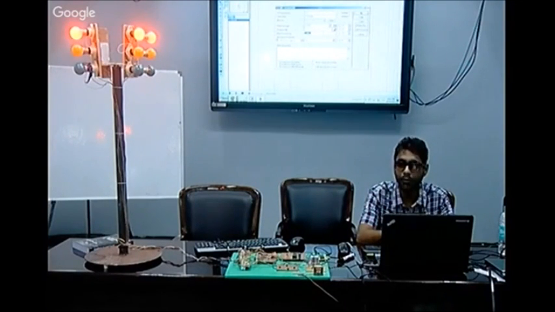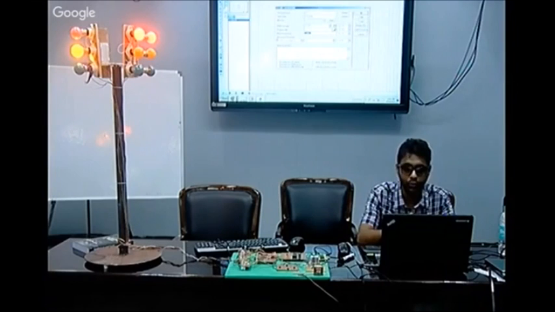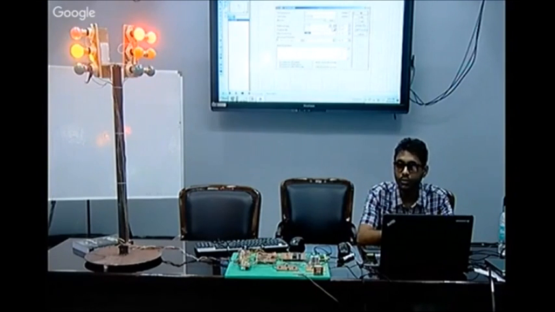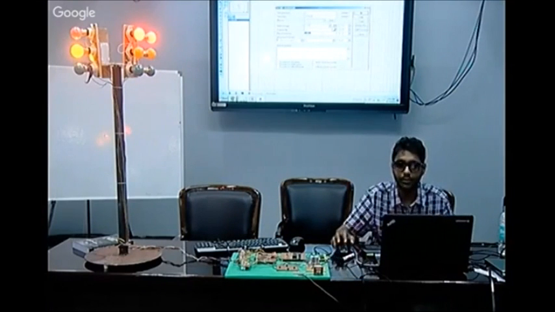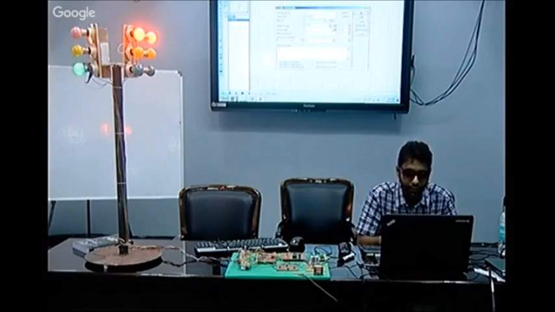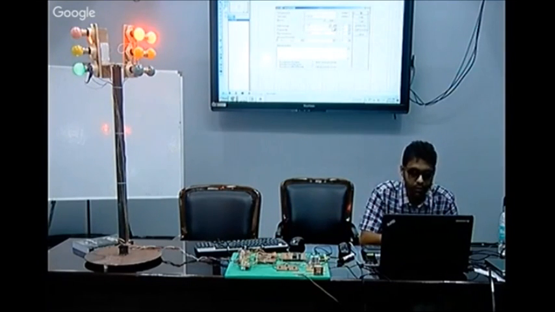If you select the proper frequency that you are using in hardware, then you will get almost the same delay that you observe in software. That same delay you will be observing in hardware. You get an almost exact replica of the hardware project. In our case, I have used this frequency,